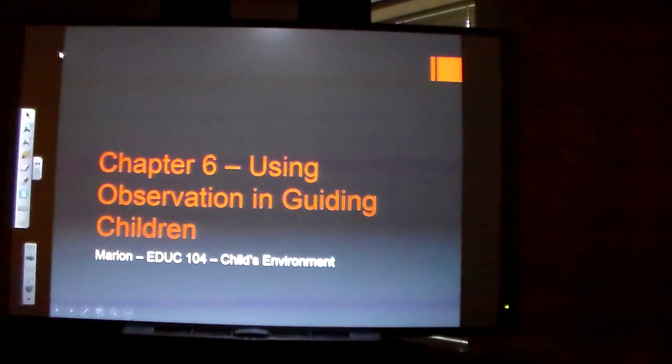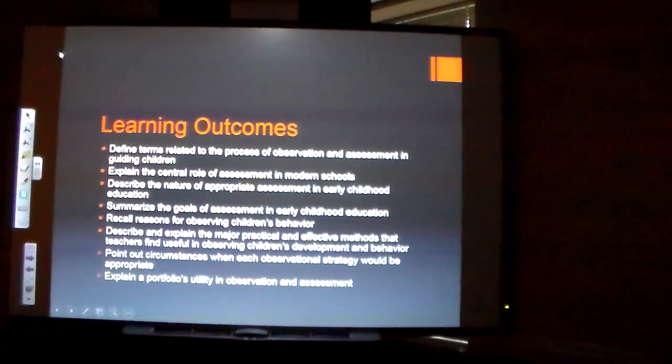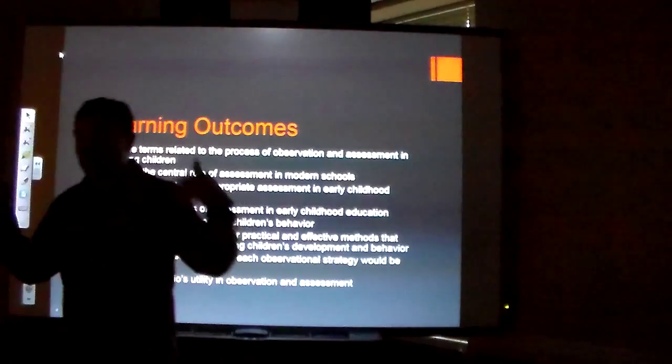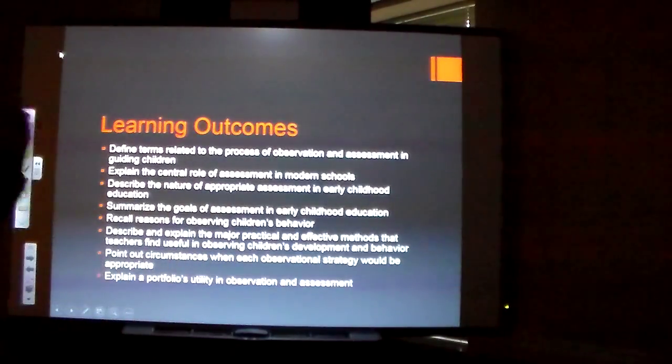Hello everybody, welcome to Chapter 6, Using Observation in Guiding Children in the Marion textbook. I present for you all of the learning outcomes. We're going to talk about what observation is, what assessment is, all this wonderful stuff, but this is what I